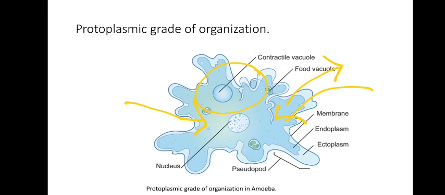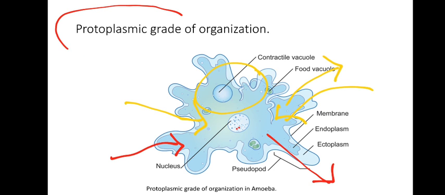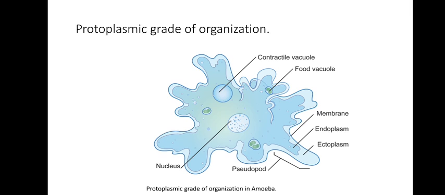Then how does the digestion take place? How does nutrition occur? So here again, through the cell membrane, the things are taken in and waste materials are thrown out. Ingestion and egestion both take place with the cell itself. Since all these basic respiration, digestion, excretion, etc. take place within this particular cell, this is protoplasmic grade of organization, seen in protozoa, for example in amoeba.